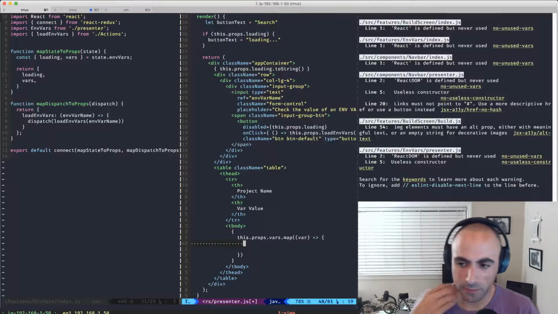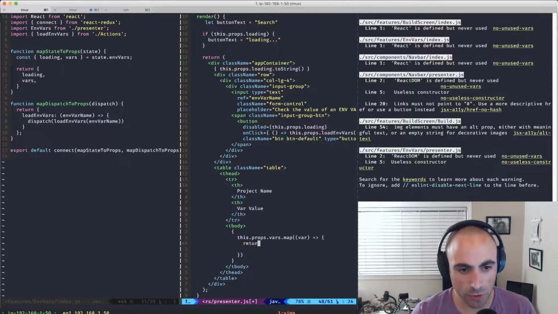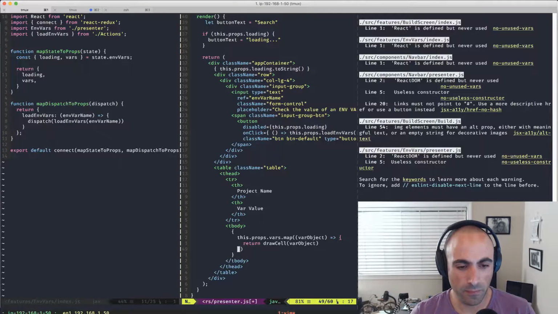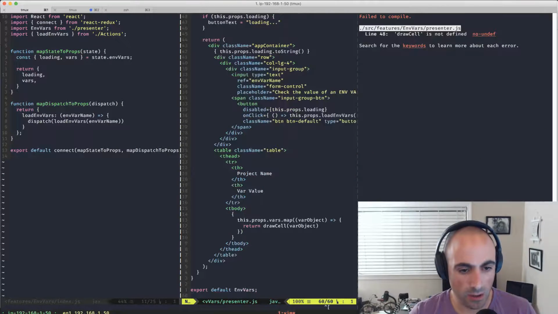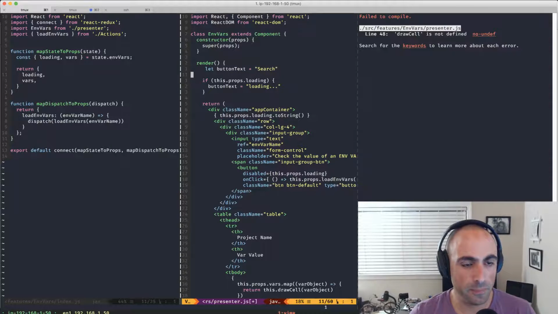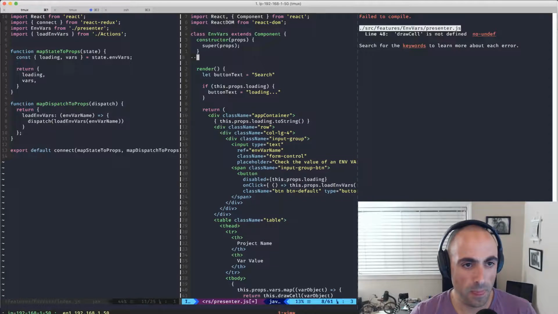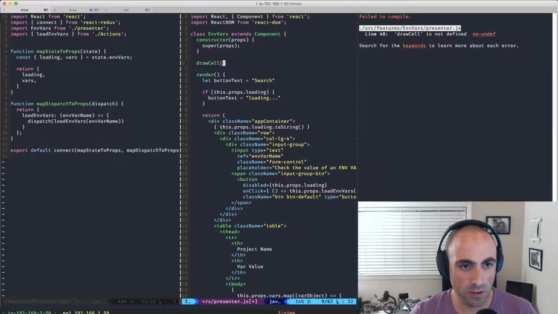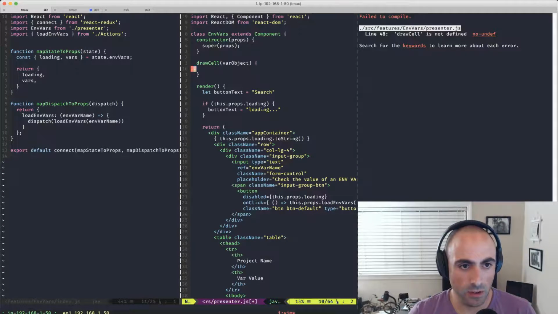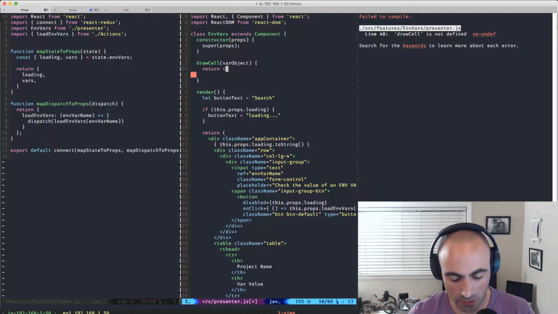And then here what I need is to return draw cell with the var. Okay, so then I need this here. So this.drawCell. So draw cell and var object, and we are going to return